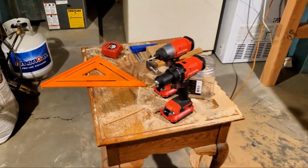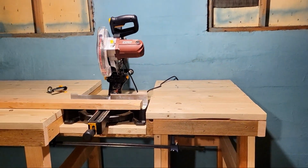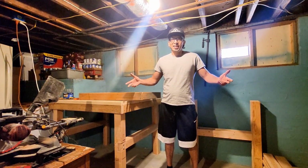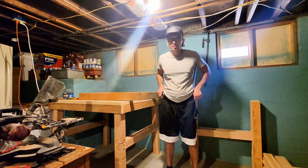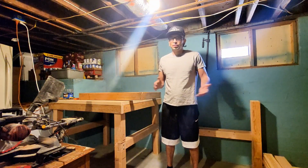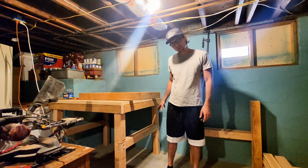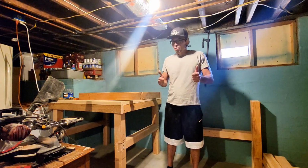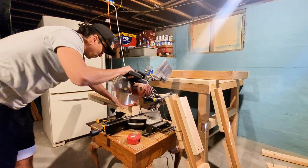From this, to this. All right, guys, we're gonna be trying to finish our workbench today. We've got a couple hours to get some work in, so let's get at it. We're gonna be building our second section and hopefully the spot where our miter saw goes today. So wish me luck. I don't got my plane yet, so I'm just gonna use my miter saw here